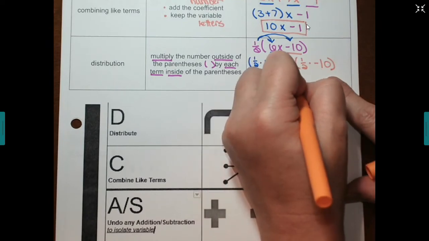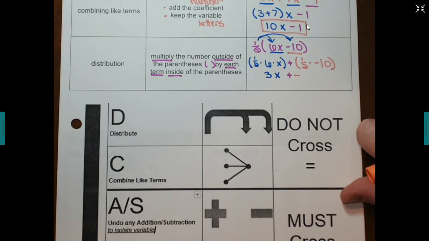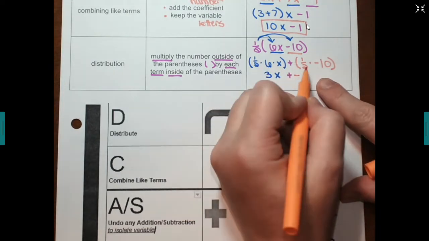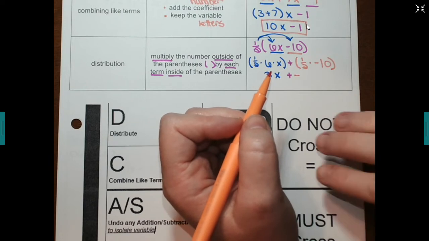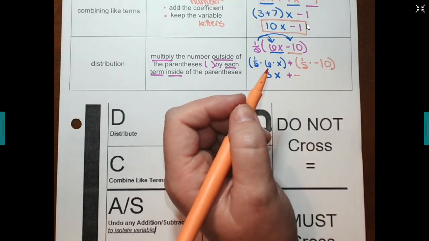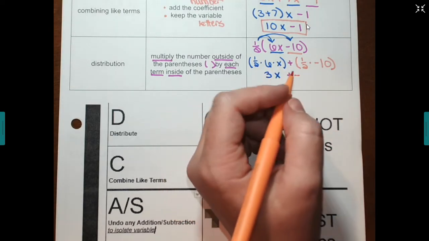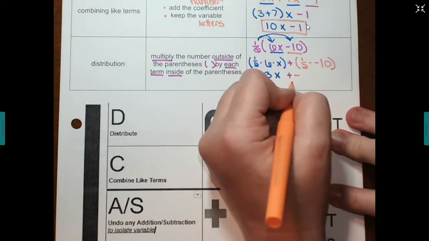So it's going to be negative 3x plus, you could do 1/2 times -10 again in Desmos, or you could think about it of, hey, what's half of 10? That's 5, and I know my answer is negative,